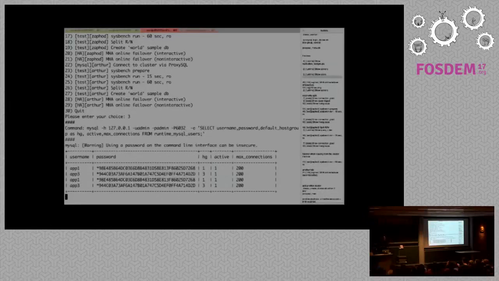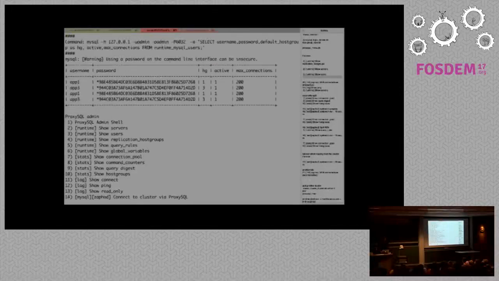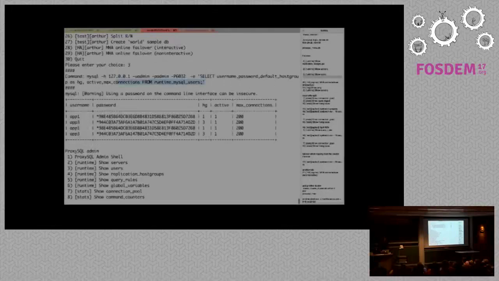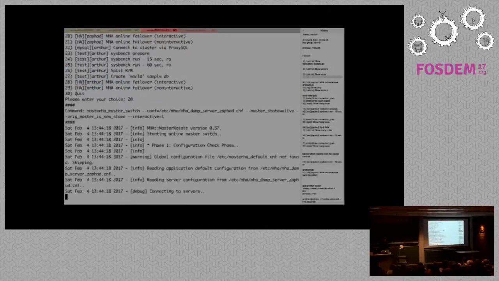So let's see a failover with MHA. By the way, every command we execute here, the terminal is pretty big, is printed above the menu points. So if you go to this menu and start playing with this tool, you can see the actual commands, so you can figure the rest out, and you can customize it whenever you want. So 20 is the interactive failover for MySQL. Yes, we want to run this. And